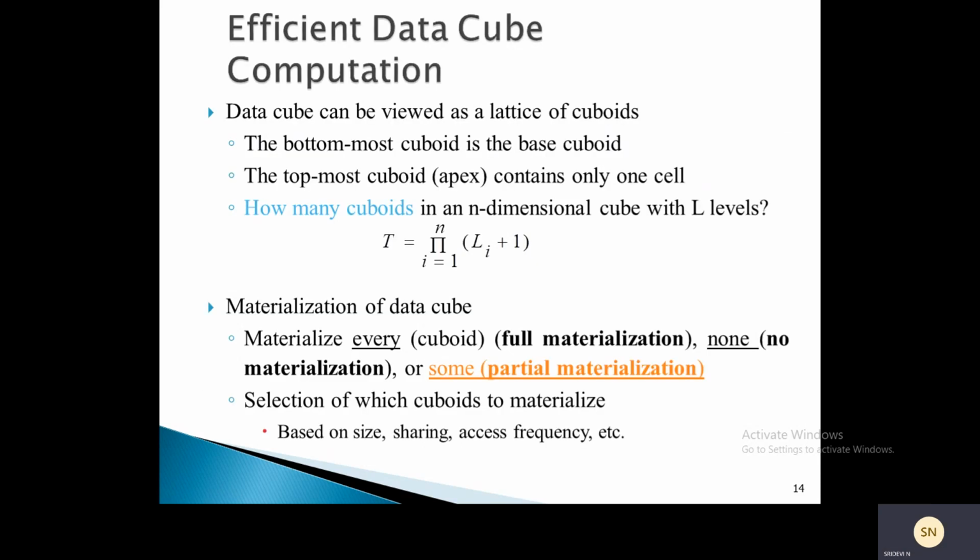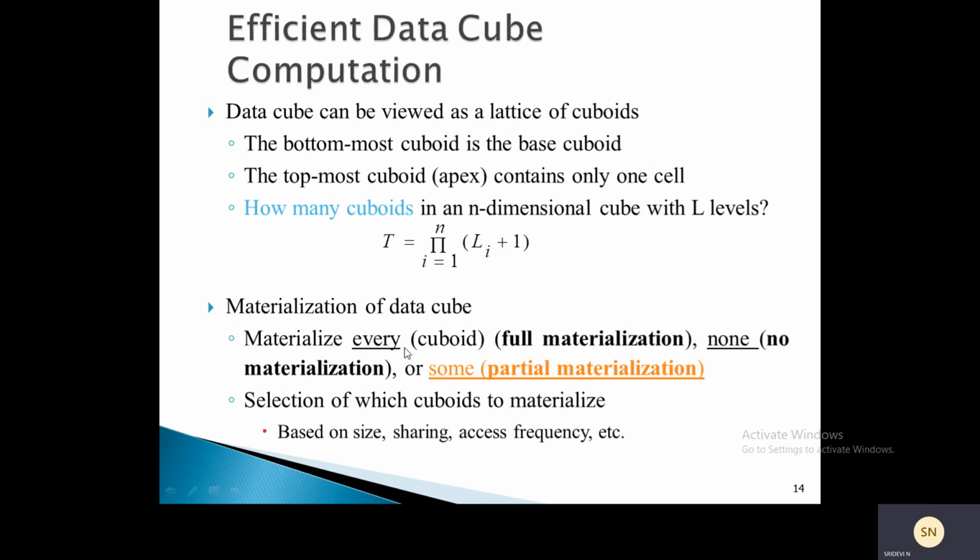To perform efficient data cube computation, the data cube can be viewed as a lattice of cuboids, as you know. The bottommost is the base cuboid and the topmost is the apex. So this is the number of cuboids we can have.